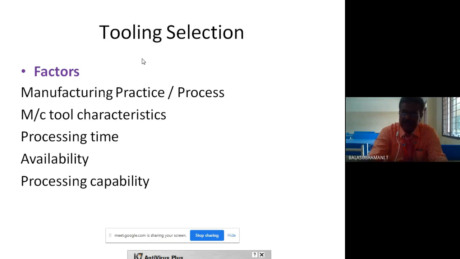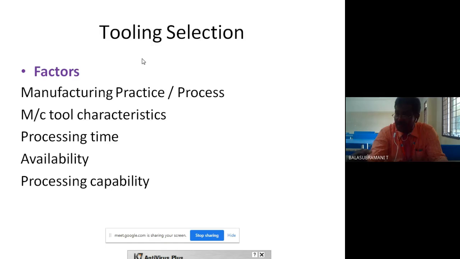Machine tool characteristics: the tool material should be sharp on the edge, so it increases the tool life. So processing time should be increased. For example, with a cast iron or grinding tool, you may grind the surface 5 mm or 10 mm. It can be worn out. Again, we have to grind the tool.